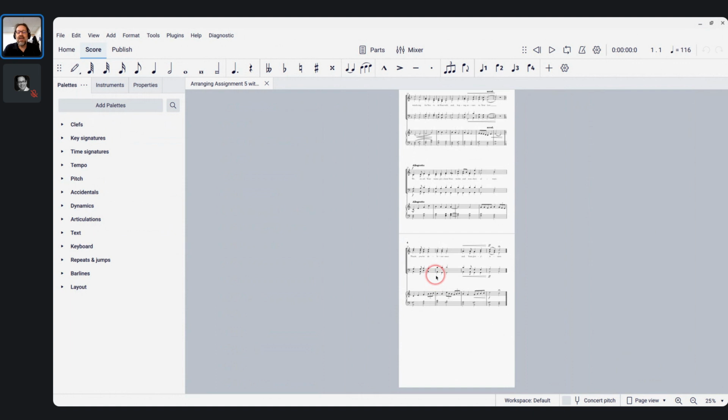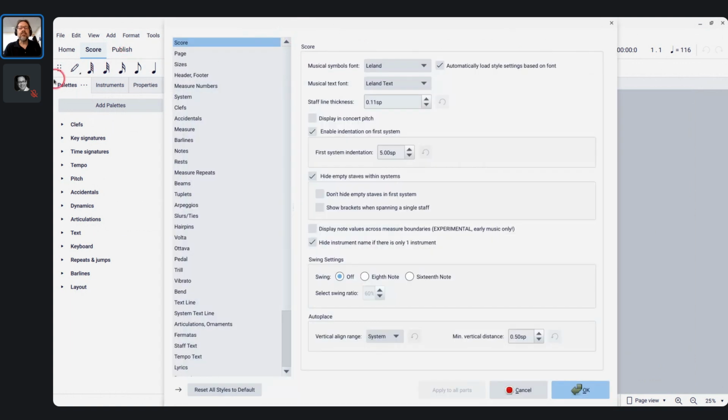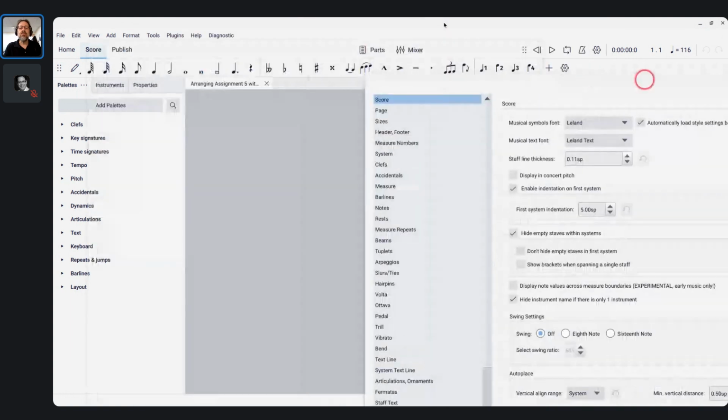For the last page, it's just not going to work, right? I mean, if it tried to stretch all the way to the bottom, it would just look stupid. So MuseScore has a point where it gives up on that stretching. So I'm going to show you where the settings are to play with this, and then you can play with it if you go to Format, Style, and then I'm going to click where it says Page,